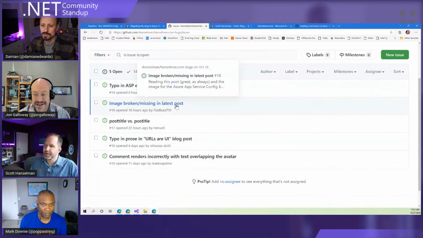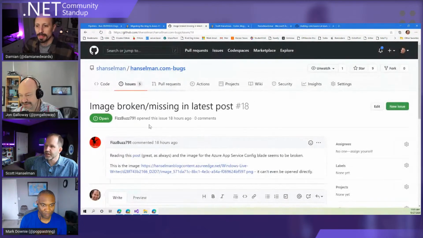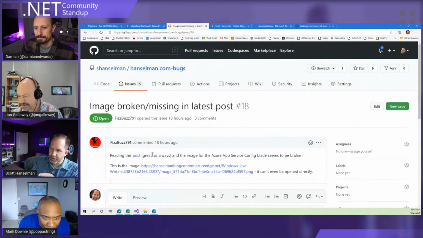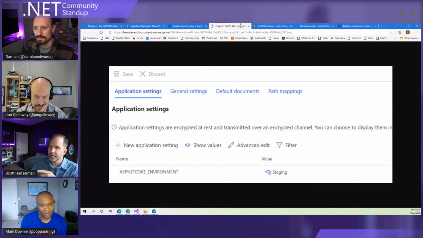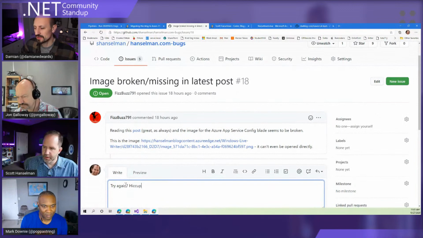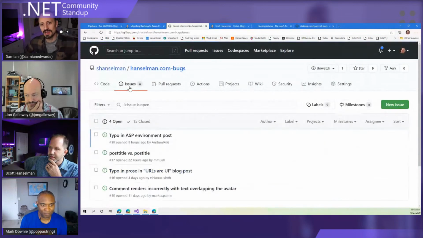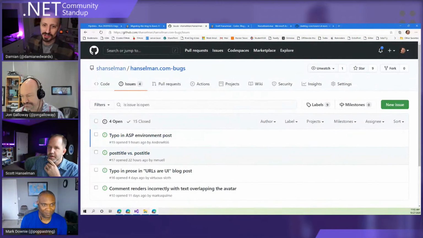And people have been kind enough to make a GitHub issue. See, this is another thing that's happening. See this here? This is an Azure CDN thing. This person's saying this image can't be opened directly, right? And there it is. So what do you do? I mean, if it's a CDN, it may have been transient. Those things happen. Yeah, it just kind of bums me out. With a CDN, that's not plugged into your App Insights monitoring or anything, right? So you won't see that as a 404. Yeah, it'll just be somewhere on the edge, someone didn't get an image, and you don't know about that.